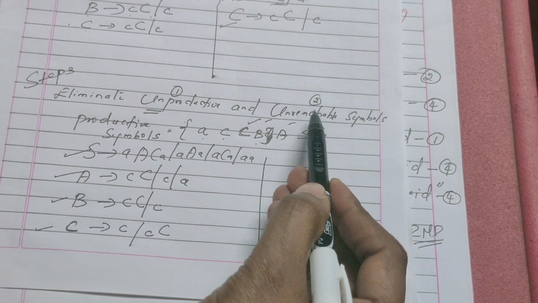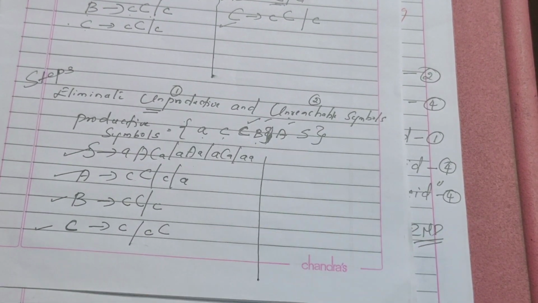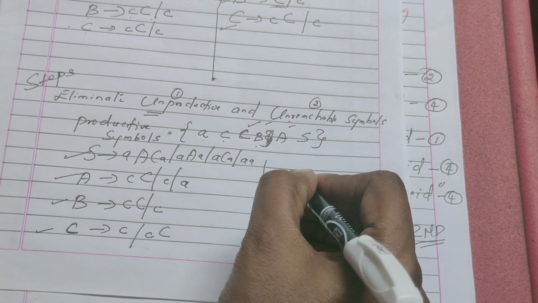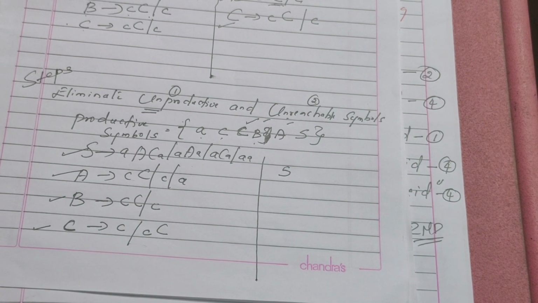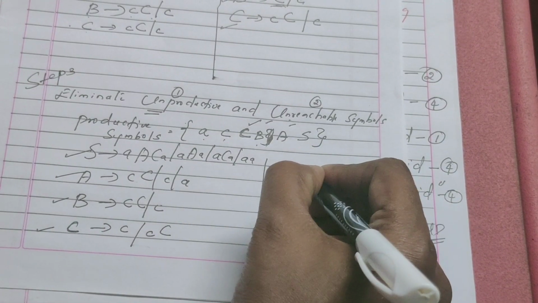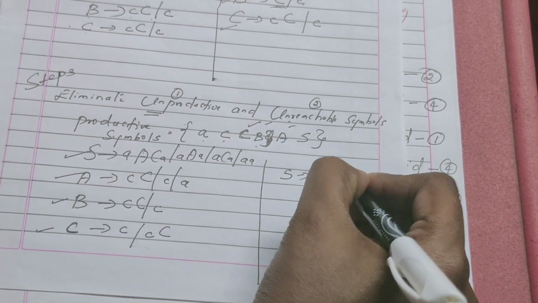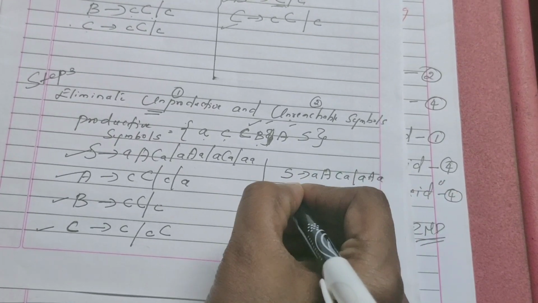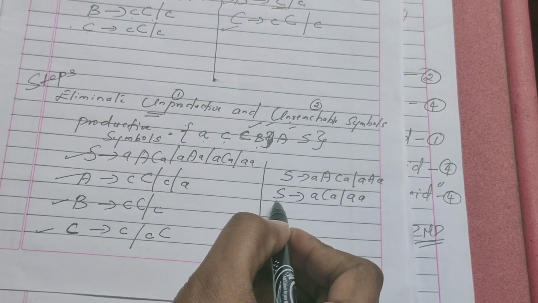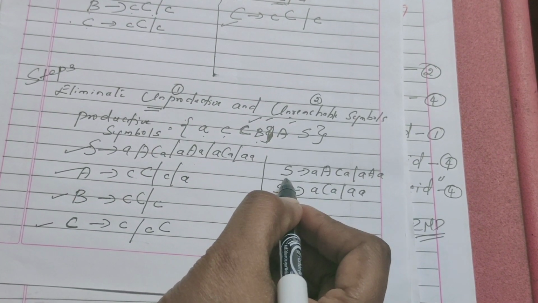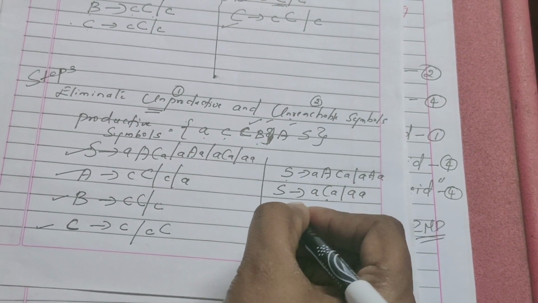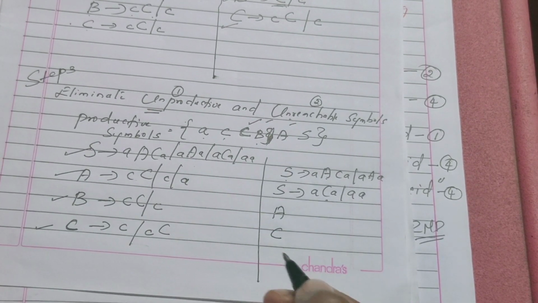Now let us move on to the second step where we have to eliminate the unreachable symbol. So what is an unreachable symbol? How to identify? In any grammar, by default, the start symbol is reachable. So S is reachable here. For S, whatever the production rules are defined, we just include them: A, C, A, R, A. I will just break down and write the rule here. From S, just find out which variables are reachable. From S, A is reachable and C is reachable. In the sense, I have to include the production rules for A and the production rules for C also.